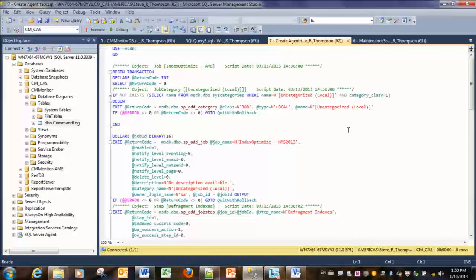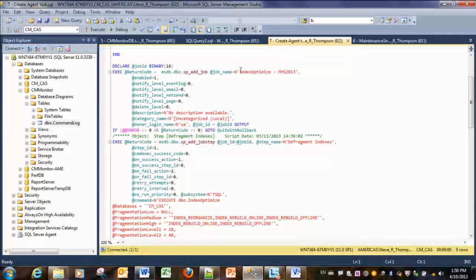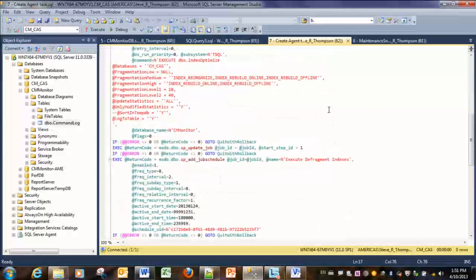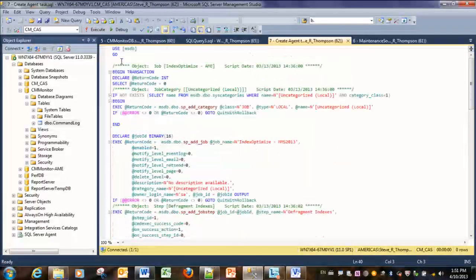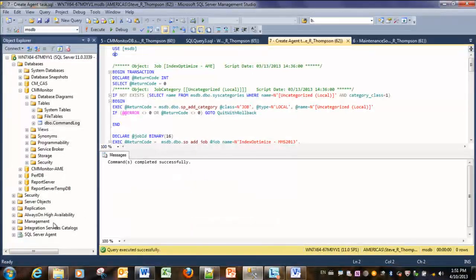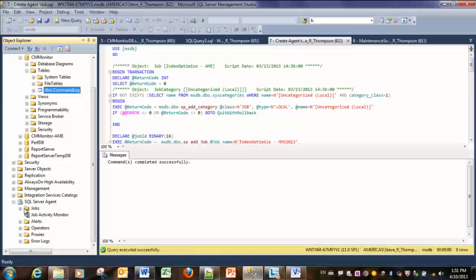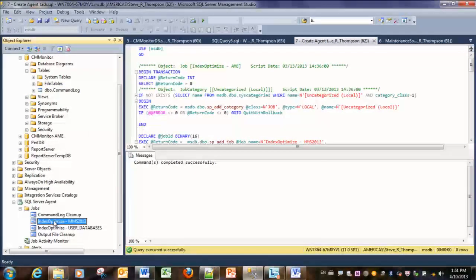If you look at the script here, this gives me a name, and I call it Index Optimize and MMS 2013. I'm just going to run this, and then we'll go in and take a look at the agent task. The SQL Server agent, of course, has to be running. And there's our new Index Optimize. We open this up,